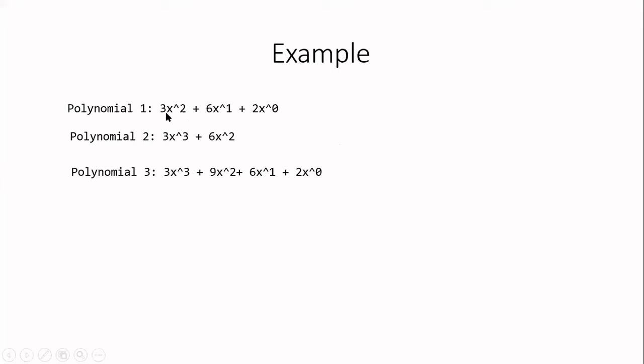First, you take the first polynomial. Here, the first term is 3x squared. So the coefficient here is 3 and the power is 2. If you see all the remaining terms, the power will be less than 2 only. Similarly, in the second polynomial, the highest exponent is 3, so all the remaining terms will have lower values only. So you have to sort your polynomial in that way, then only you can proceed. Otherwise, this program will not work.